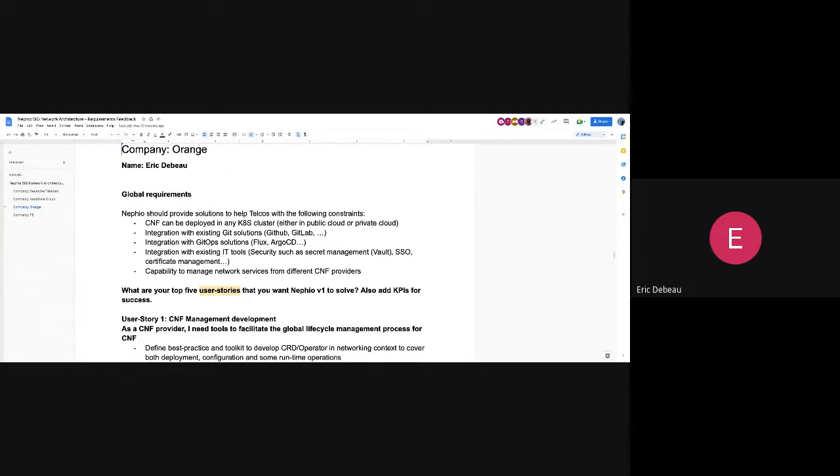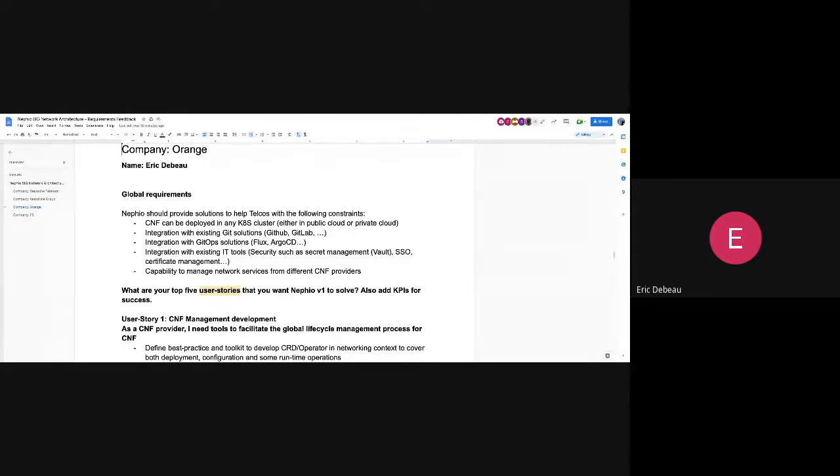And obviously, we need to be able to manage what we call a network service, but we need to maybe discuss that, built by different CNF providers. If I want to deploy my 5G core network today, we selected various vendors, so we should be able to deploy this 5G core network based on CNFs coming from various vendors. So it was just a global requirement to be sure that we are on the same page or not.